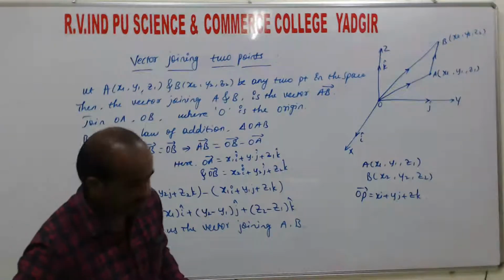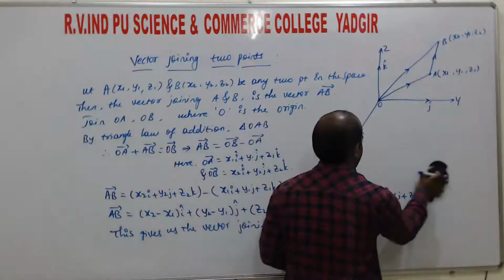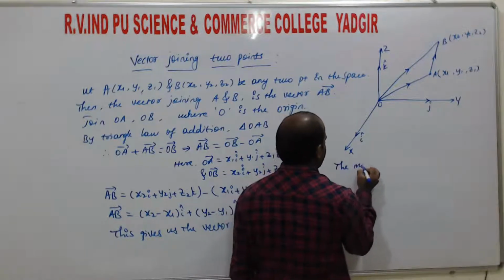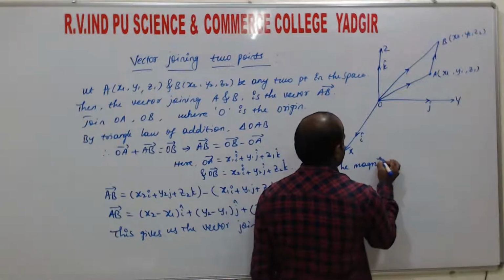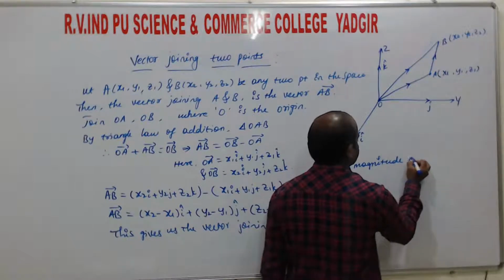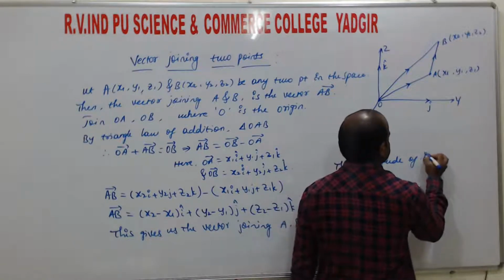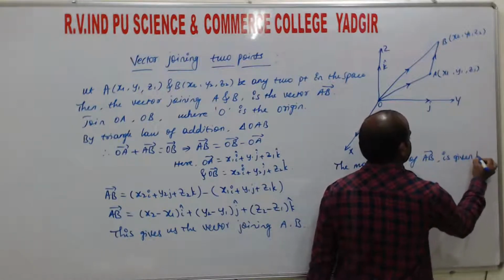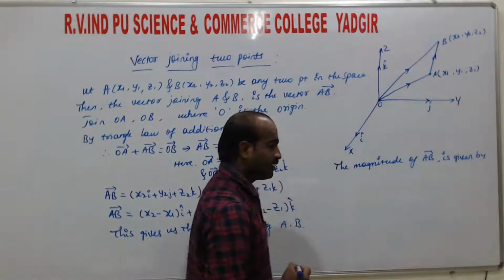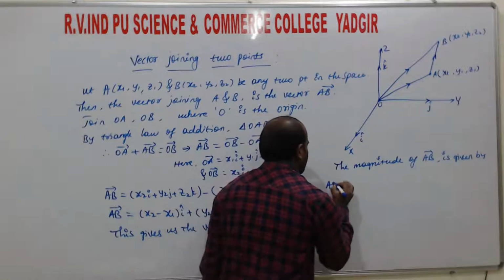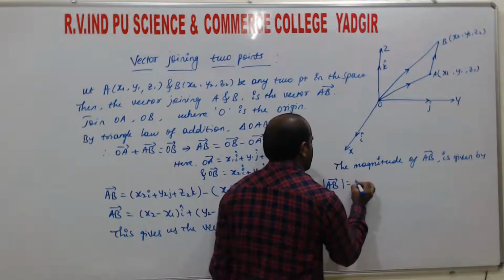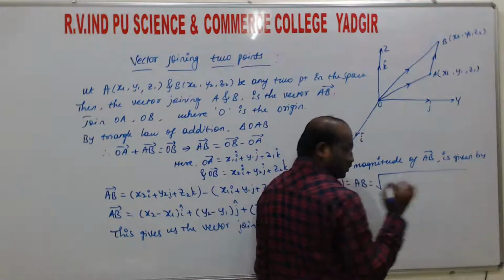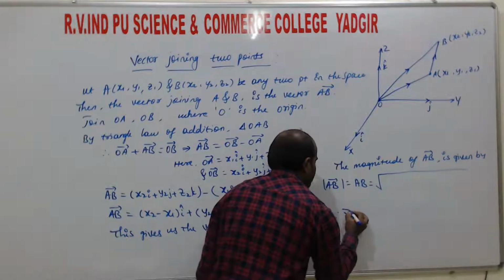The magnitude of AB vector is given by root of... you know this. R vector is equal